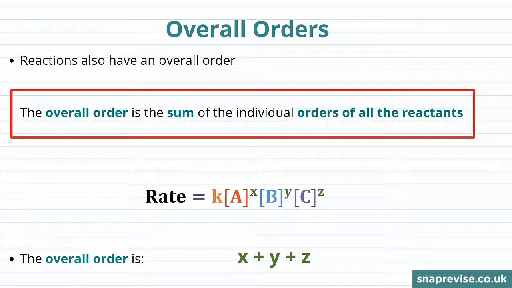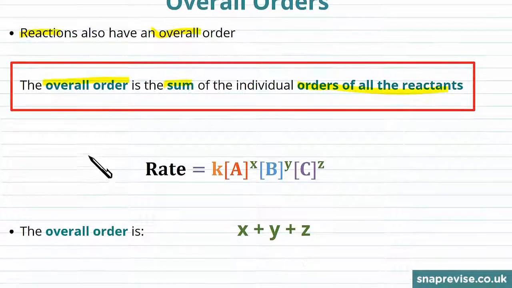Hi guys, in the last part of the video, we looked at calculating the rate constant k. We're now going to look at calculating something else from the rate equation, which may seem quite unrelated, but it's something you need to know how to do, and that is the overall order. All reactions have an overall order, and the overall order is just the sum of the individual orders of all